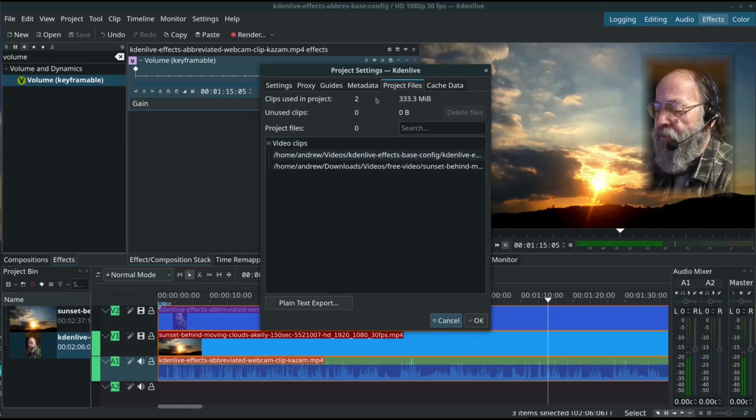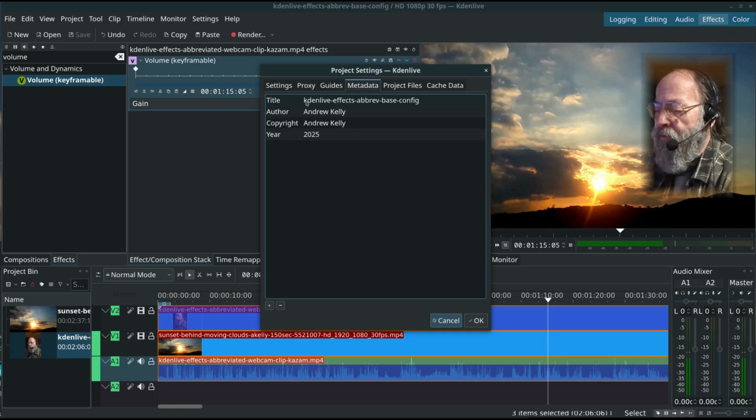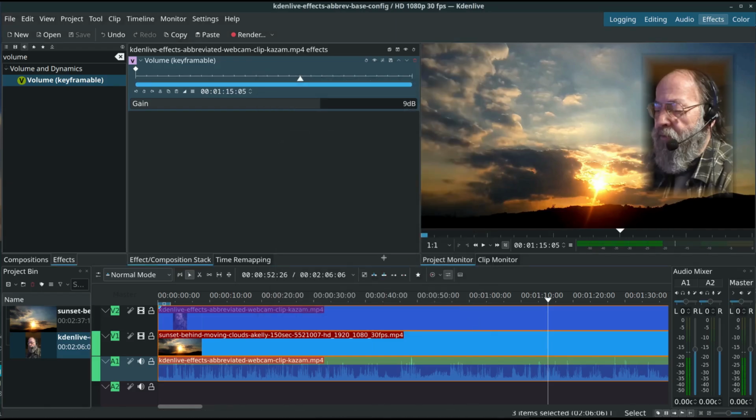these are the files it's using. Here's the metadata. This is the name of the abbreviated base configuration for effects, and that's where the save operated. So we are saved in one place in terms of the file system. Now, one of the easiest ways is when you figure you're ready,